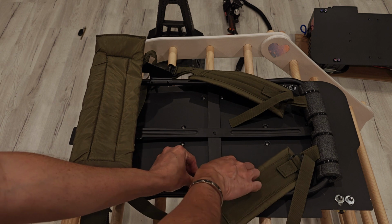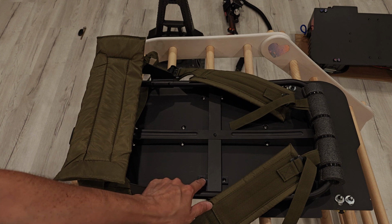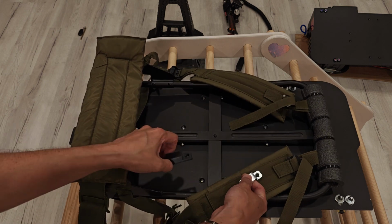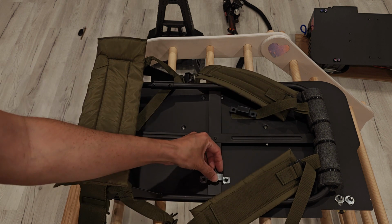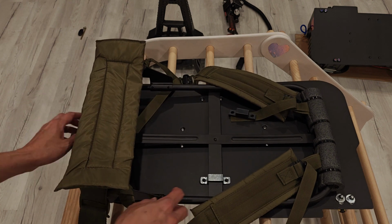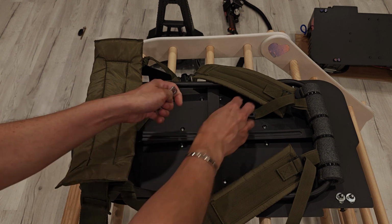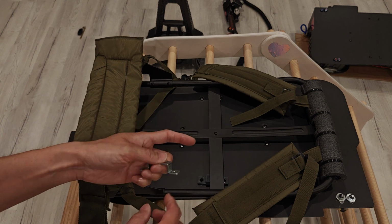So if I put the side spacer in and I line up the holes, you can see there's no way the bracket would fit on, right? You can't fit it on. Even without the spacer, if you were to put this bracket on, the holes aren't even close. You wouldn't be able to screw it in at all. There's just no play, because these two screws down here are a fixed point. There is no adjustability. So what I did was I bolted these spacers down into it with just the screws,